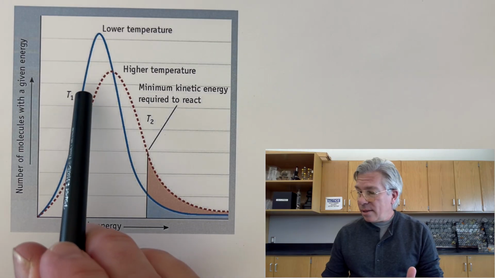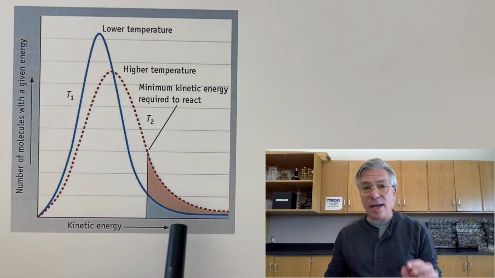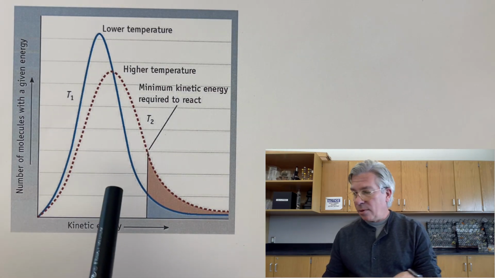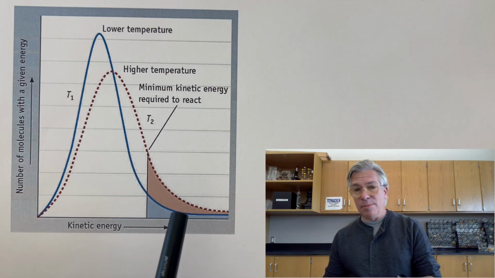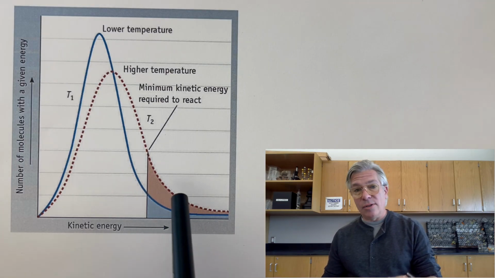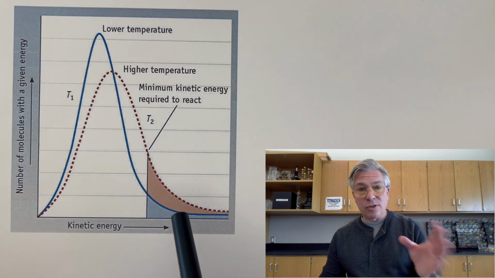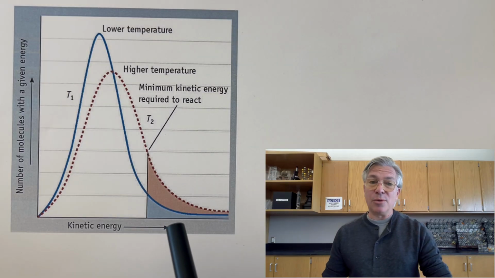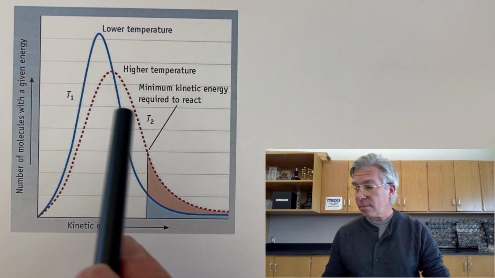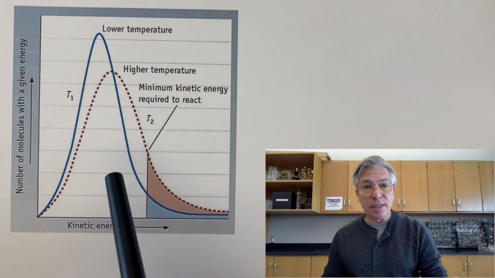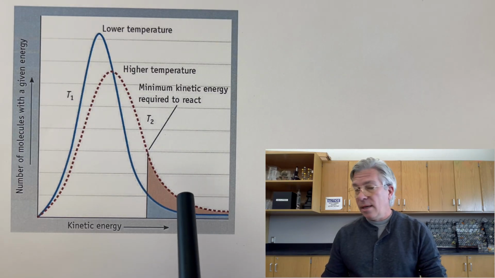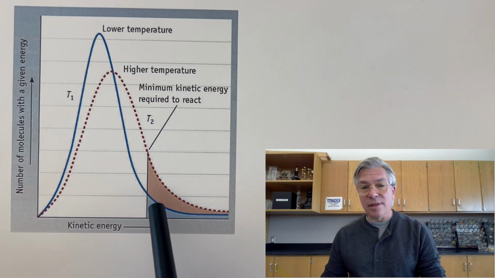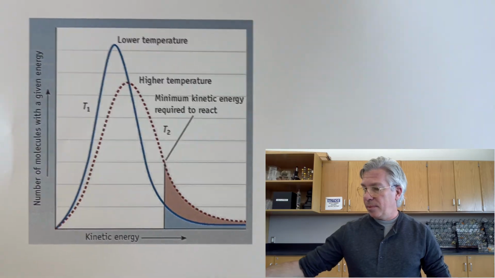Notice that in our second graph at the higher temperature, a greater fraction of the mountain, a greater fraction of the area under the curve, is past that line. And so at a higher temperature, there is a greater fraction of molecules, and so the reaction is going to probably happen faster because now you've got more molecules who are able to do the reacting. And this is very commonly seen on AP exams and other exams, and so you want to be aware of it. Likewise, if it goes back to the left, we lower the temperature, you'll have fewer molecules with the amount